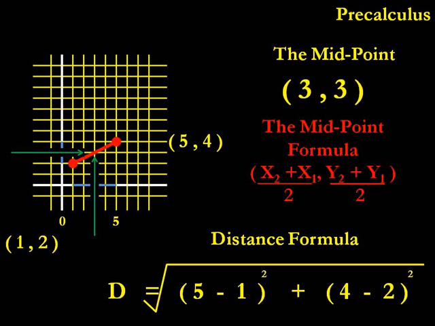This is the actual midpoint formula right here, written in the red. You take the x2 plus x1, add those together, divide by 2, get your x value. Your y2 plus your y1, add those together, divide by 2, you get your y value. That's the technical, formal definition of the midpoint formula. But it really is just